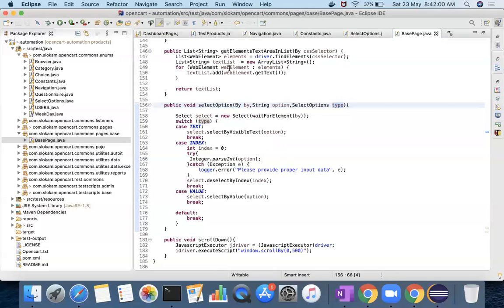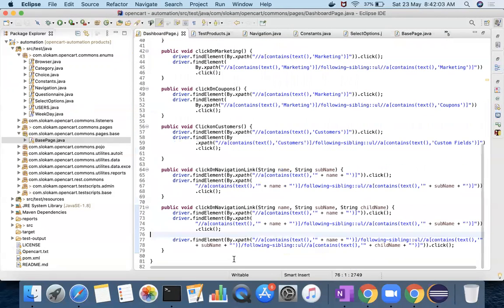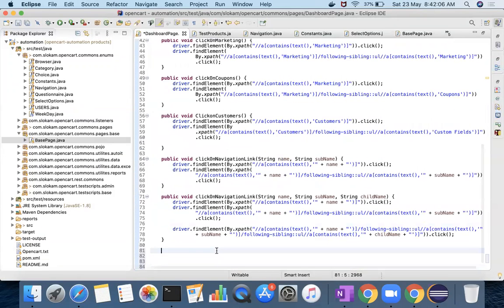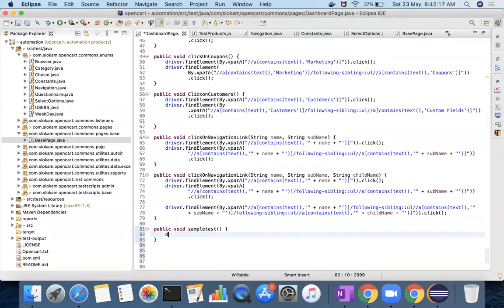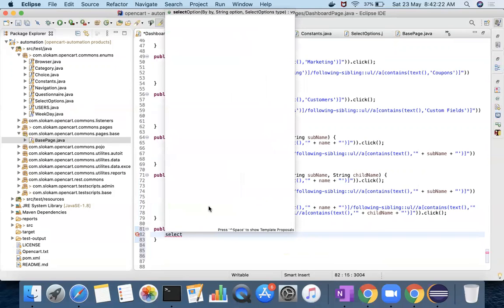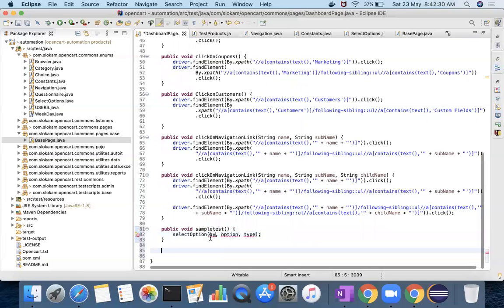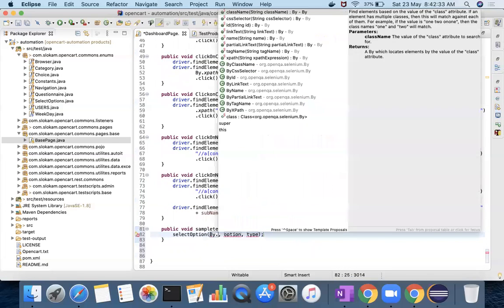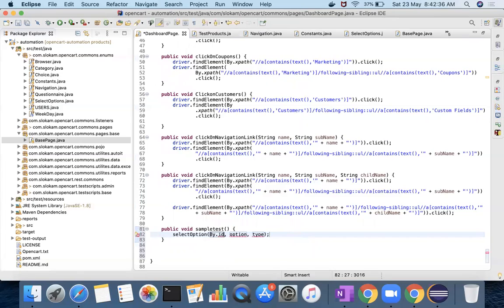Okay, how it can be used is, let's say public void select option. For select option you need to pass the by object, by dot xpath or by dot id.